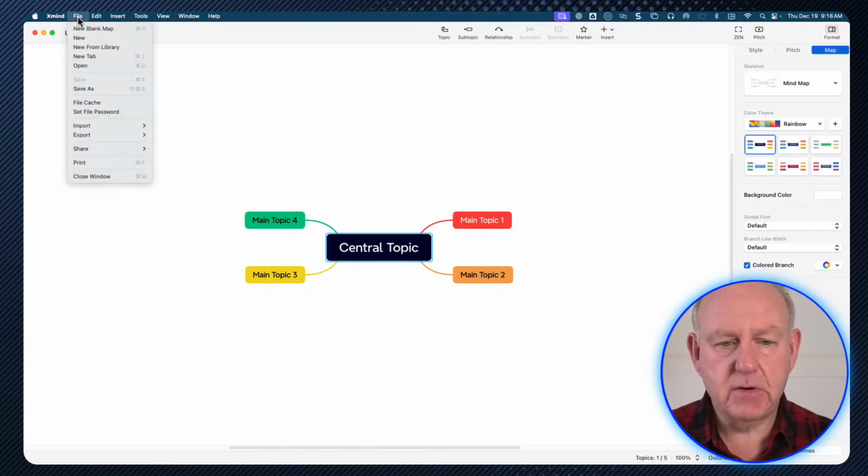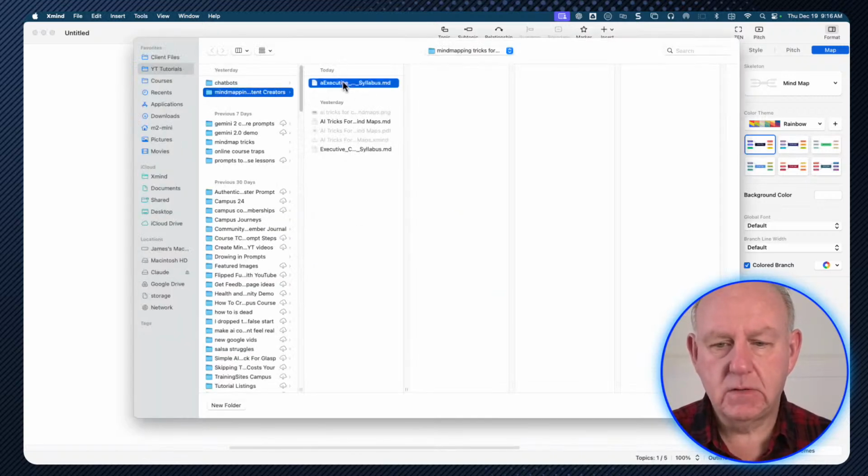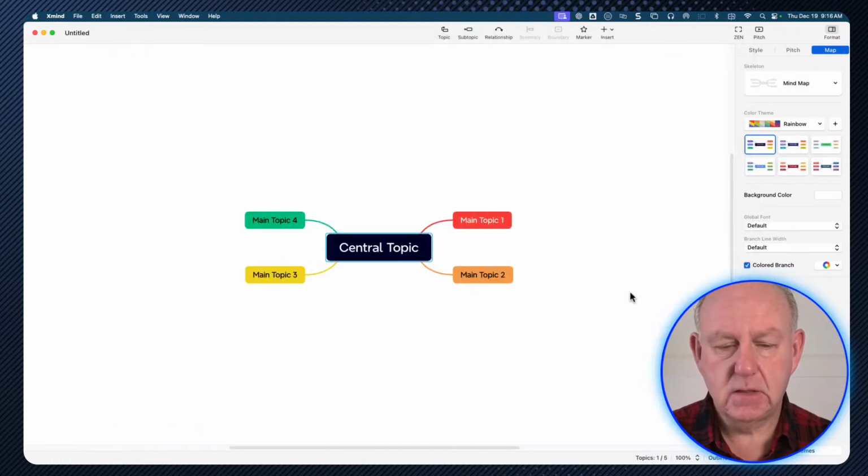But I'm going to File, and I'm going to go Import. One of the choices here is Other Map Format, Markdown, Text Bundle, or Word Document. So let's do an import of Markdown. And if we take that Markdown file that we just exported, what you get is